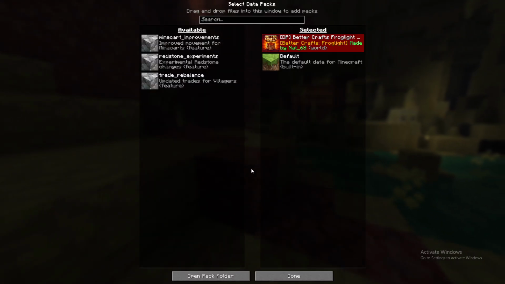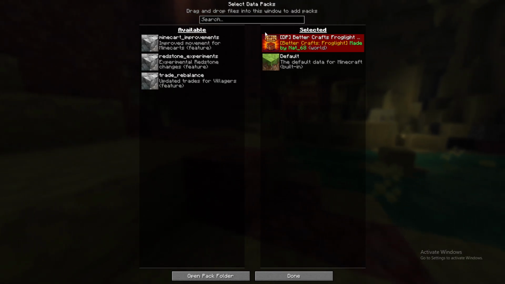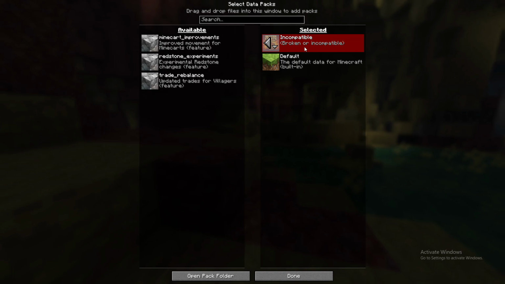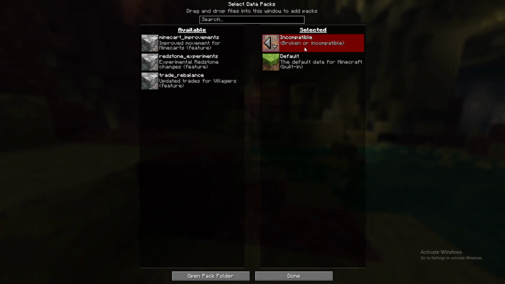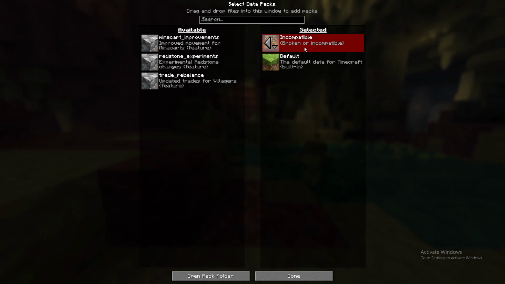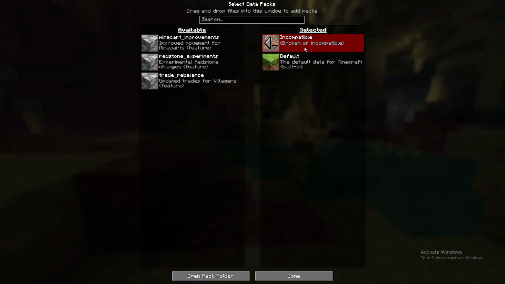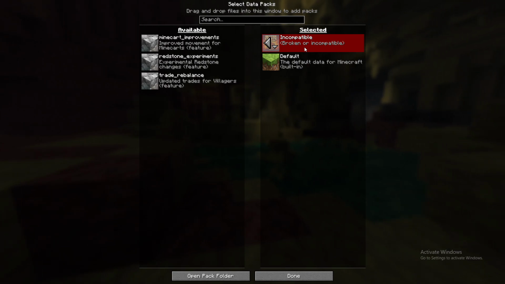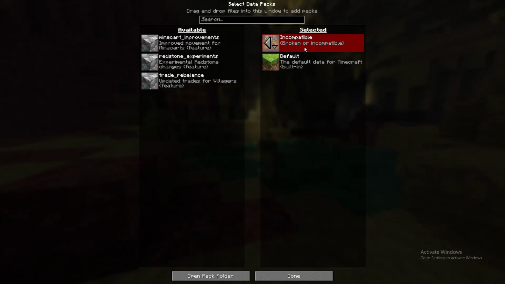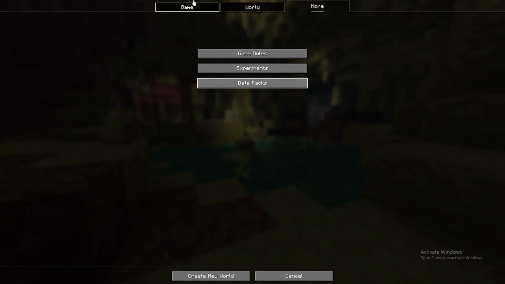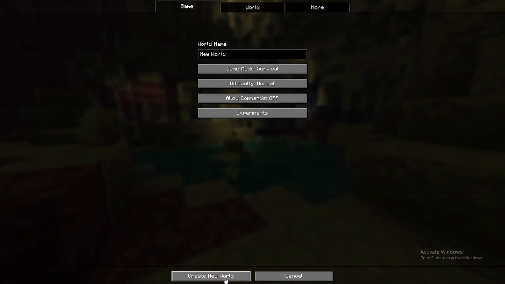Yeah, of course. We click yes, and even if it says that it is broken or incompatible, it's still going to work, because it doesn't matter what Minecraft says. Data packs do not usually have a specific version that they work on. They can work on any version. So if it says broken or incompatible, you can click done anyway, and after that you're just creating a new